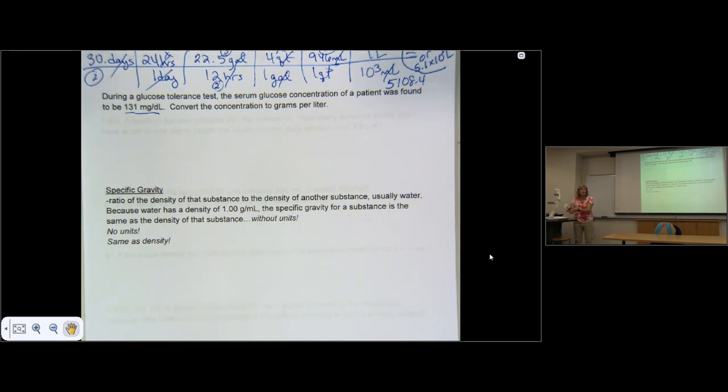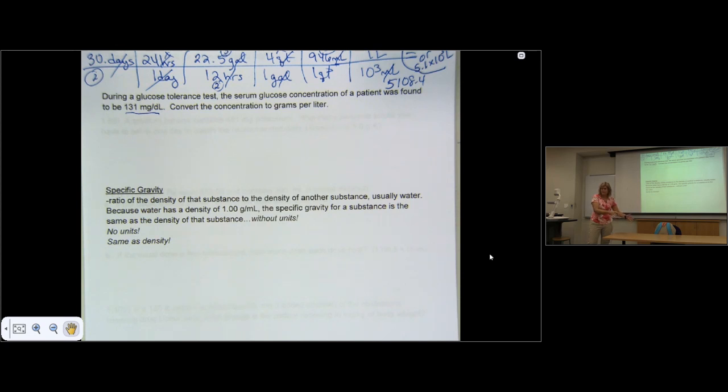And if the density of water is 1, then what does specific gravity end up being? Exactly the density, except it doesn't have, say it, units. So I don't know the answer to my own question. My question is, why does the medical world still use specific gravity? Why don't they just use density? I don't know the answer to that, but they don't. But here's what you just simply need to remember: specific gravity is the same as density, except it does not have